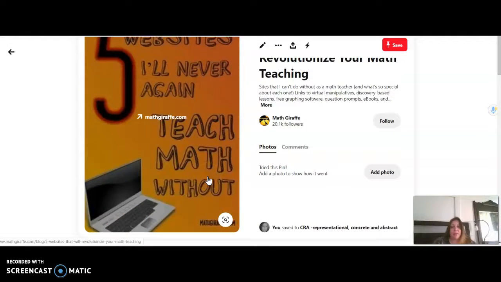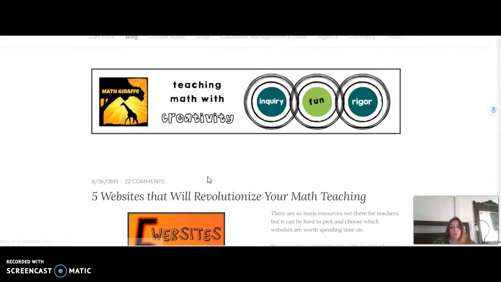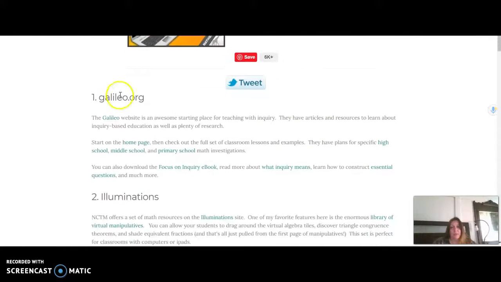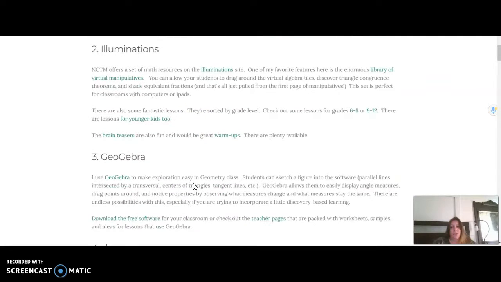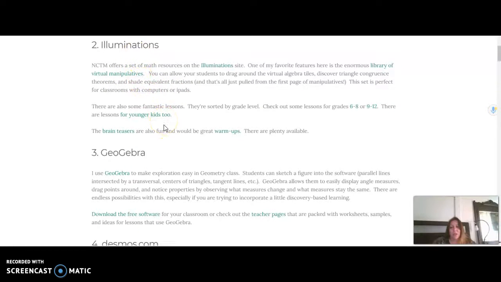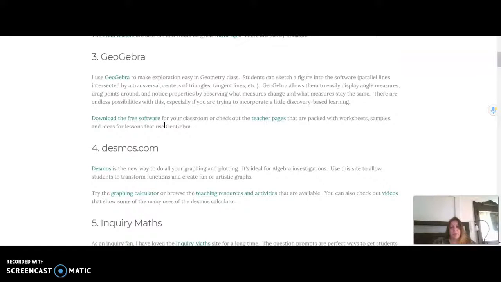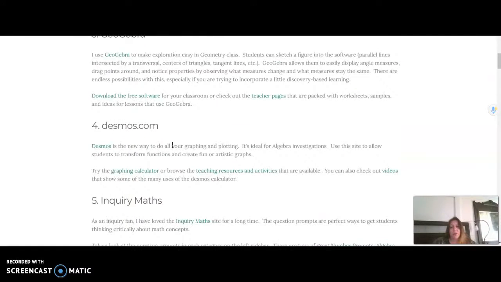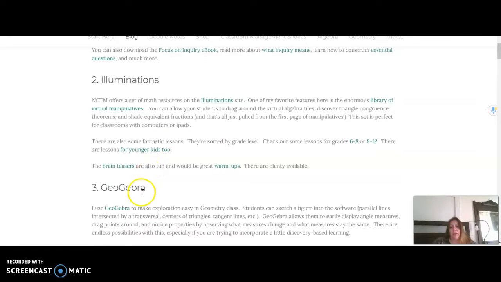I'll never again teach math without... We're just supposed to teach this Galileo eliminations. Illuminations, which the NCTM, I've seen these, but I think you have to become a member to open a lot of those. The GeoGebra, Desmos.com, and Inquiry Math. A lot of those I have not seen, but the GeoGebra is an app you can get through, I think,